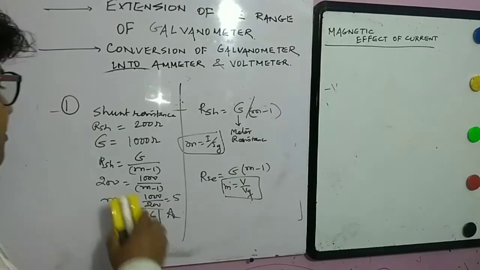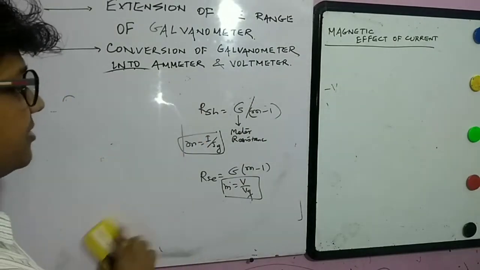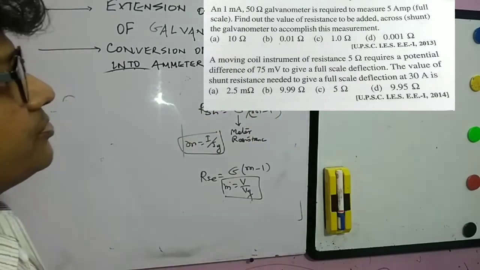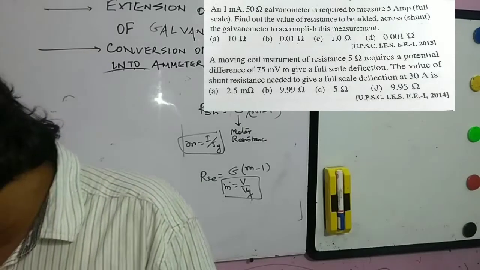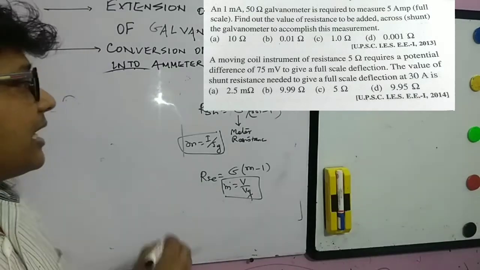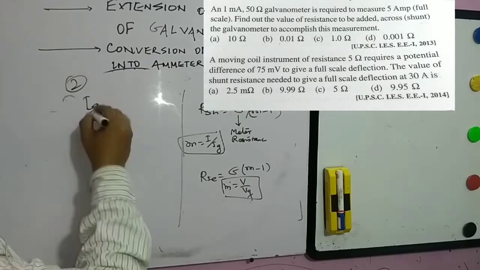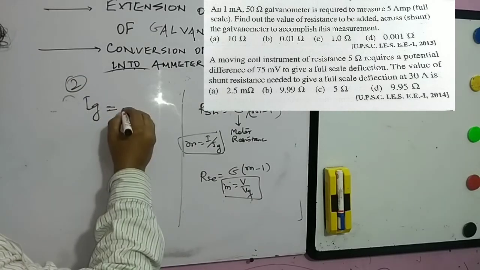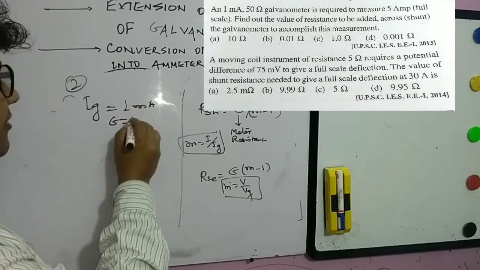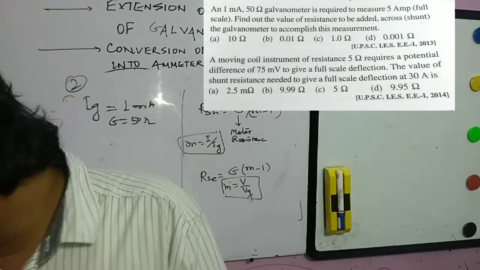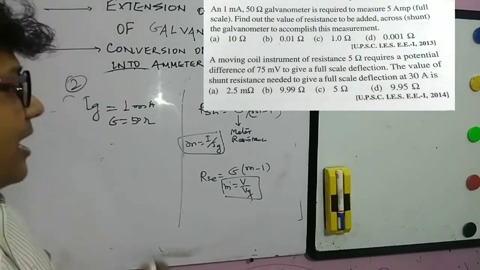Second problem, we can solve it using the same relation. I'm going to use the relation only. Second problem is: a 1 milliampere, 50 ohm galvanometer, meaning the galvanometer's Ig value is given, equal to 1 milliampere, and the G value is given as 50 ohm. And what is asked is required to measure 5 ampere full scale,